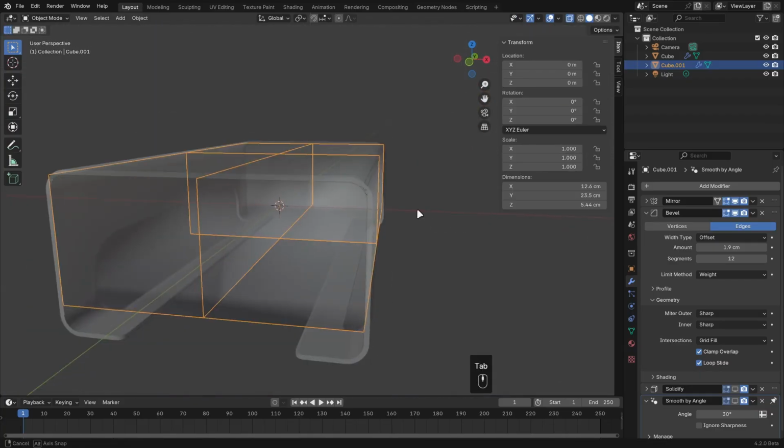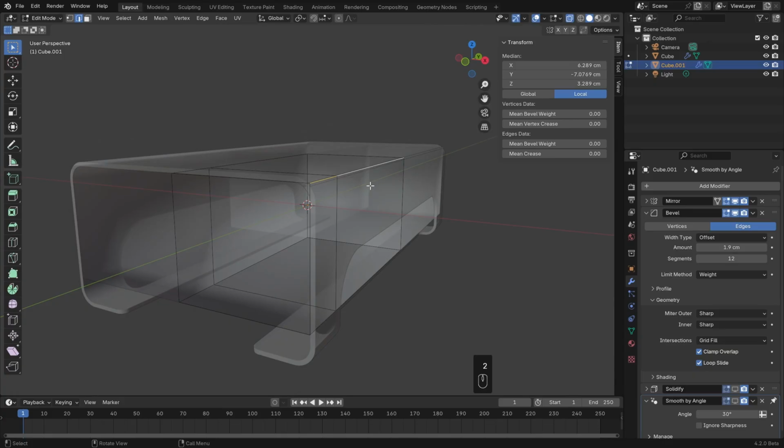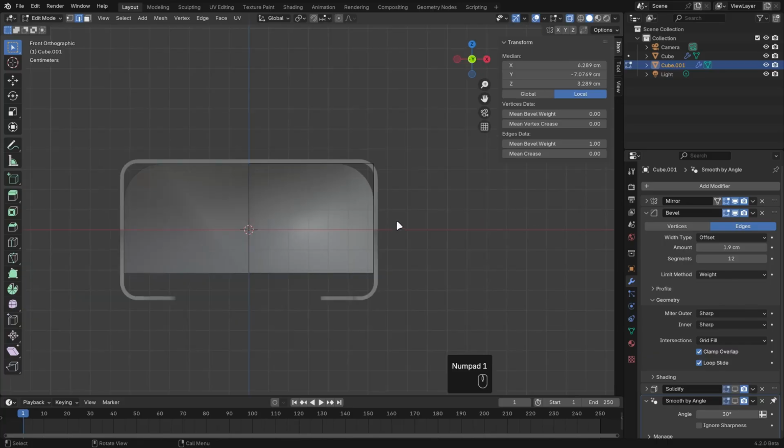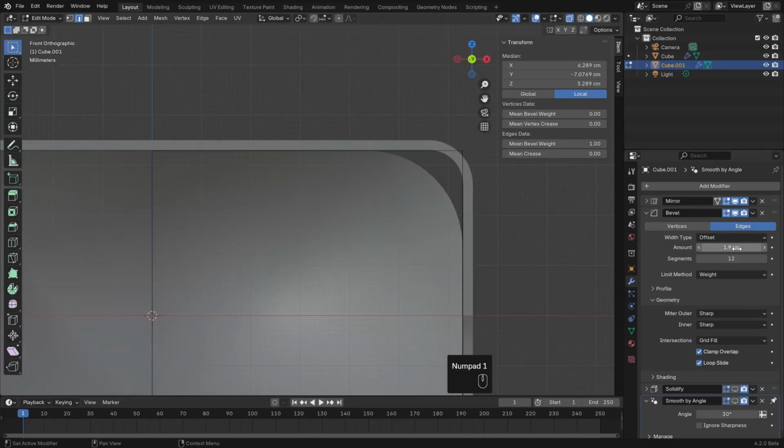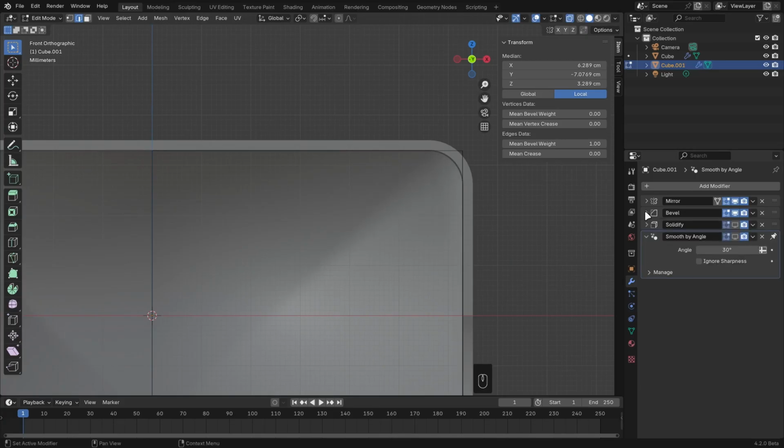Then to bevel just this top edge, I'll select both of those two edges, and over in the sidebar, turn up the bevel weight to 1. It doesn't quite match the shell because we had clamp overlap turned on for that one, so I'll go into front view and adjust the amount until it matches right up, about 7 millimeters. That's all we need to do with the bevel modifier, so I'll collapse that,